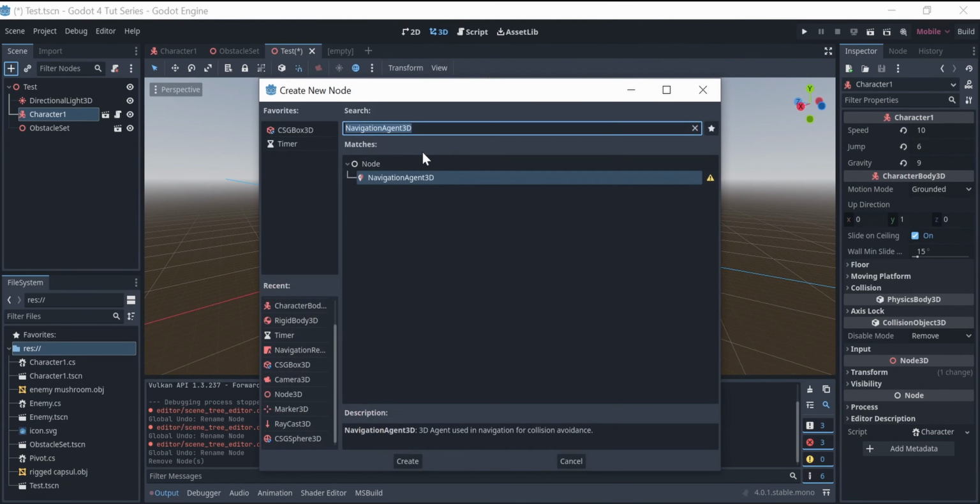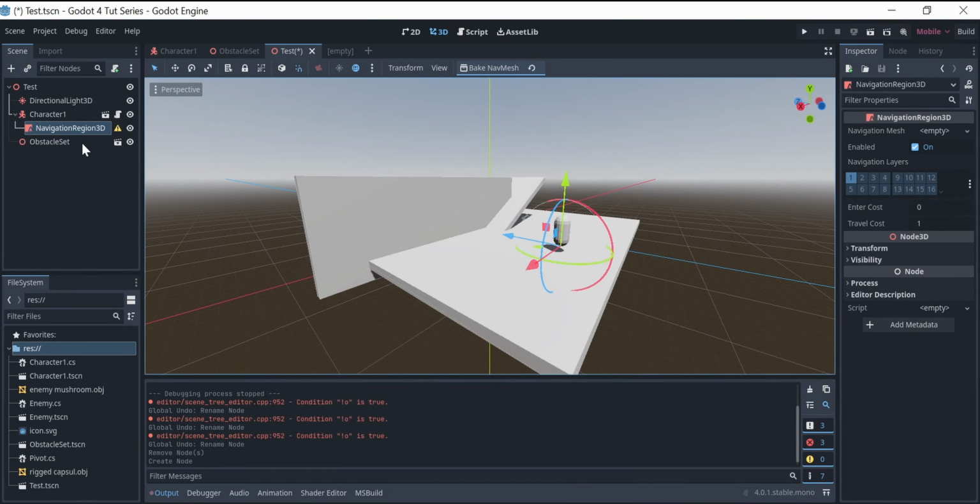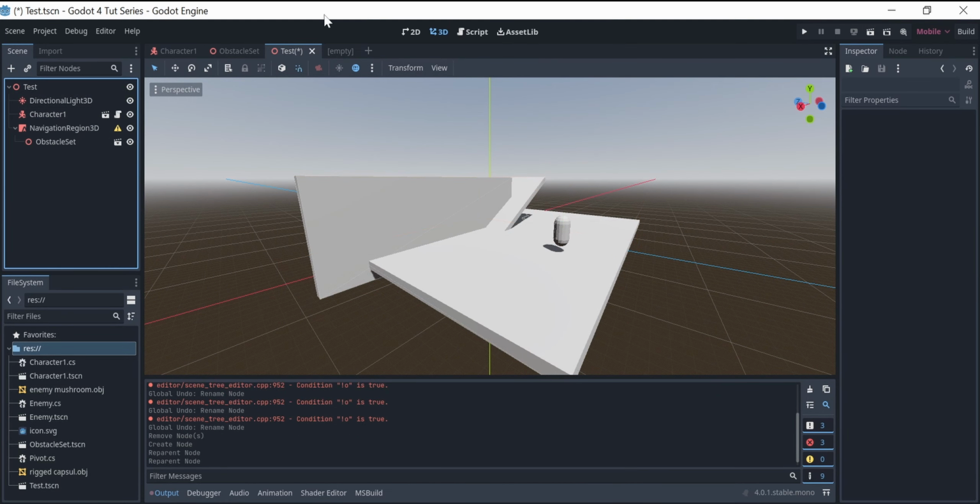Welcome to another fine day inside Godot 4, folks. Today, I'll be teaching you how to make an enemy script to make sure your enemy moves